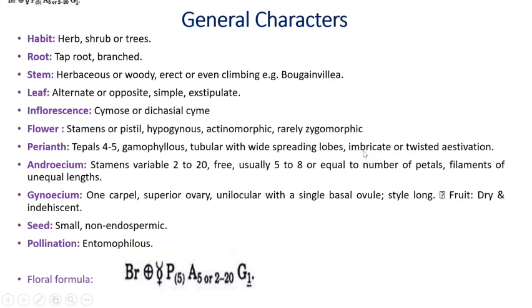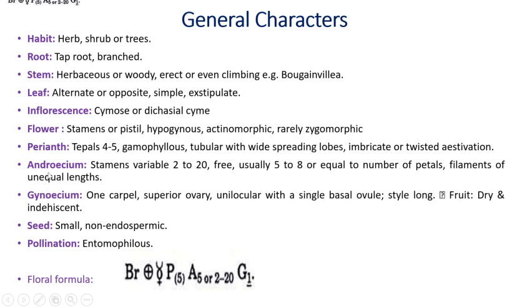Aestivation of tepals is either imbricate or twisted. You have studied in FYBSc, imbricate means one petal is toward the inner side, one petal is toward the outer side, and others are alternate. Or twisted. Twisted means one end of a sepal or petal or tepal is overlapped and one is overlapping the other. It is called a twist-like manner. That's why there is the word twisted aestivation. Aestivation means the mode of arrangement of sepals, petals and tepals on the flower.